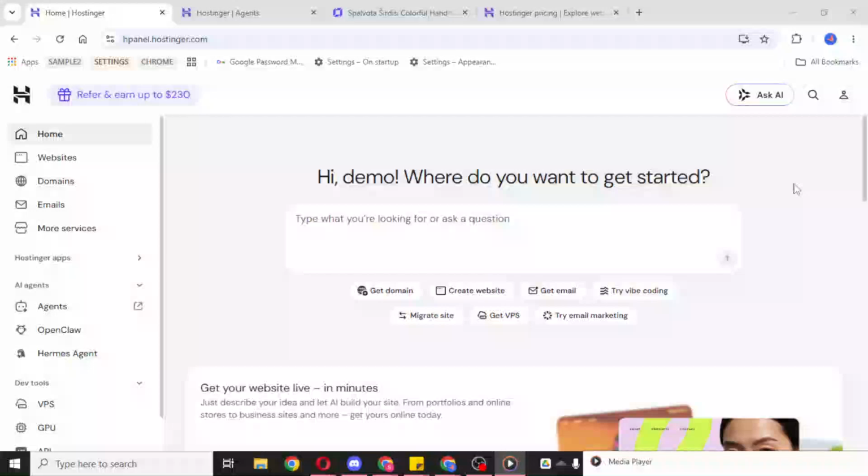In today's video, I'm going to teach you how to add and set up email on Hostinger. If you want a professional email address connected to your domain, Hostinger makes the process pretty straightforward. In this walkthrough, I'll guide you through the basic setup so you know exactly where to click and what to expect along the way. To get started, first open your Hostinger account and sign into your dashboard.